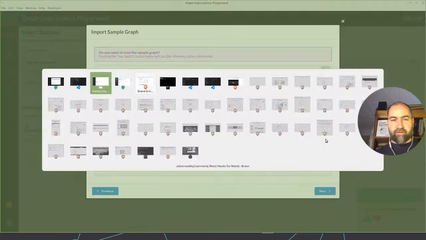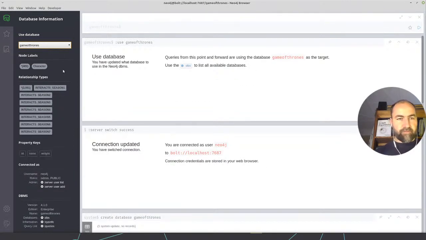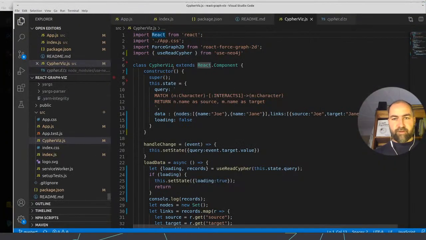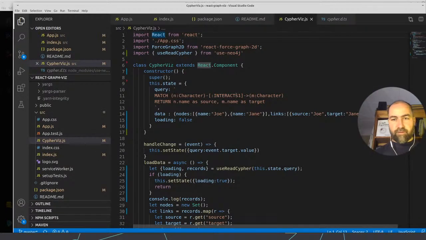So this is loaded, so we should now have in our Neo4j browser, in our Game of Thrones graph, the Game of Thrones database. Right, interacts season 1, so we need to change this one, or interacts 1. Interacts season 1.